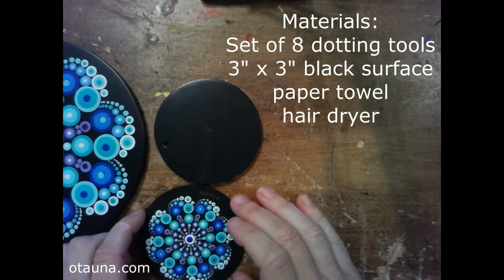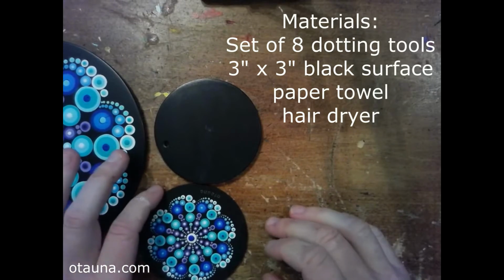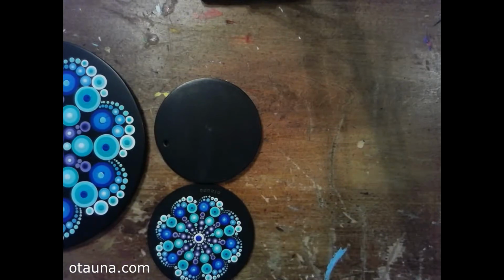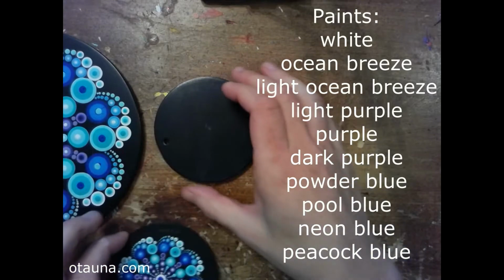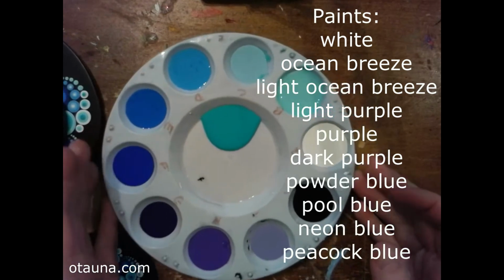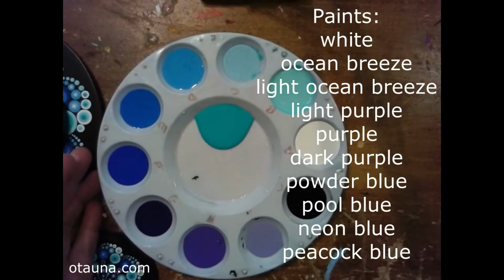You will need a piece of paper towel. When we're finished layer 1 and layer 2, you will need a hair dryer as well to dry the dots so that you can keep on going if you're going to work all the way through the tutorial in one go. And for paints, you will need the following colors: white, ocean breeze, light ocean breeze, light purple, purple, dark purple,